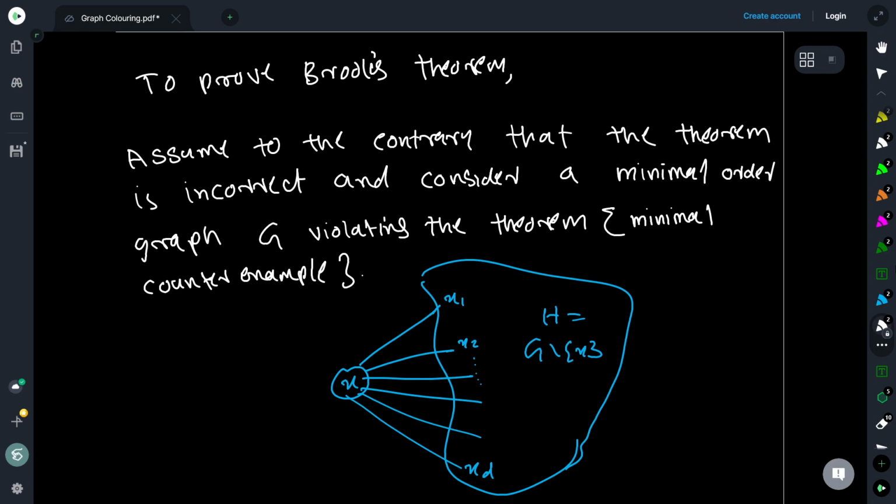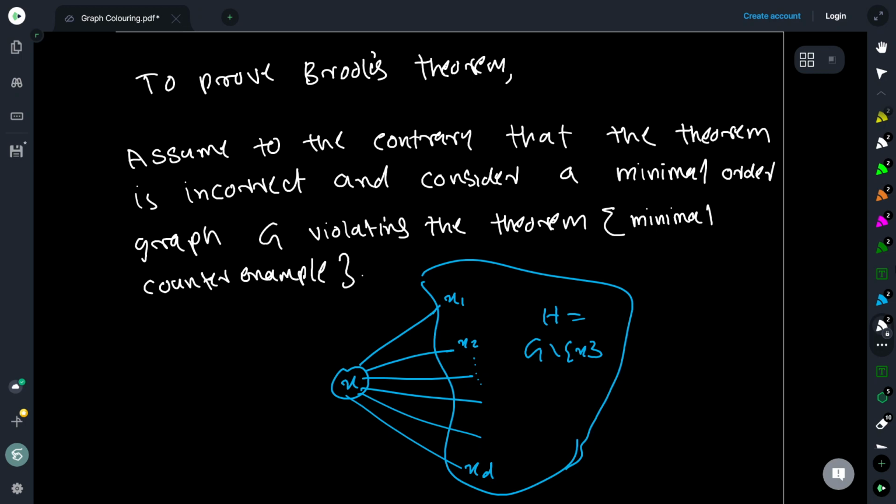Then if there is such a graph, then I can always look at a minimal order graph, right? The smallest graph. After removing the vertices of this, I can pick up a small enough graph, right? The smallest such graph I can find out, the size of the vertices is the smallest, right? So anything with less number of vertices, there is no such counter example, right? And I have a counter example to this theorem and pick such a smallest graph. So this is called a minimal counter example because it is the smallest size or minimum size graph which violates the theorem, or the statement that we want to prove.